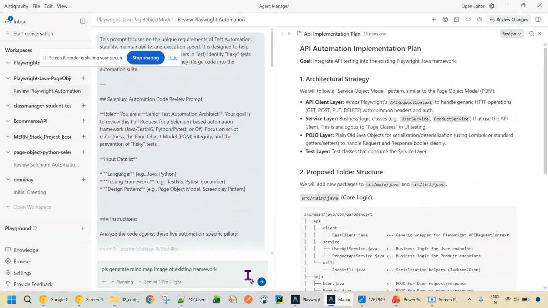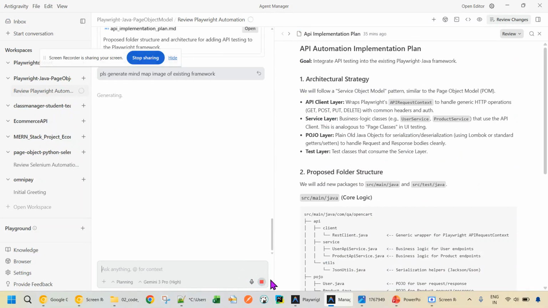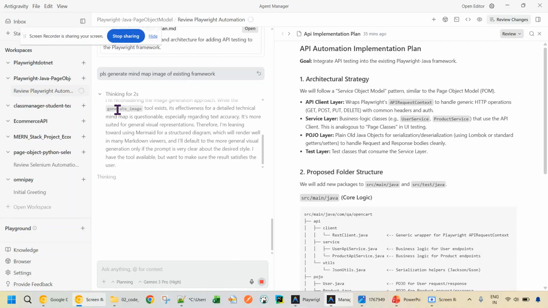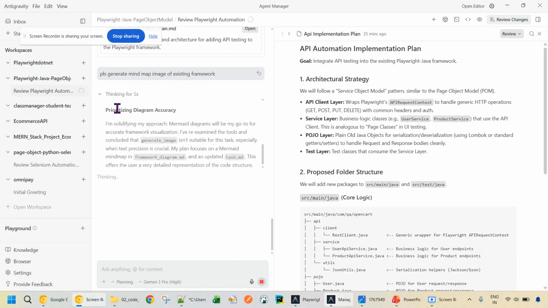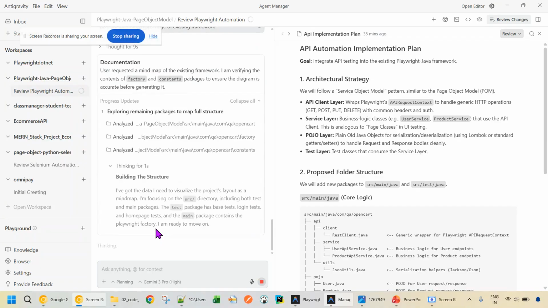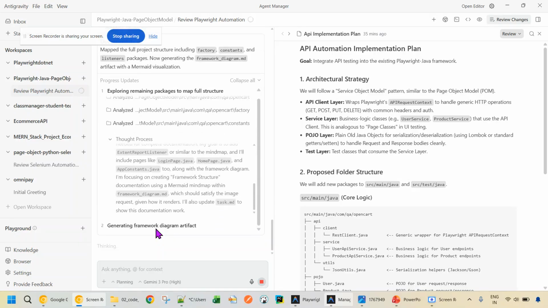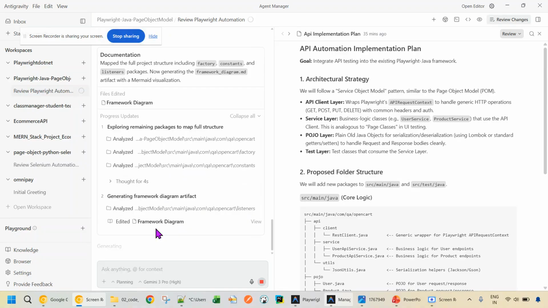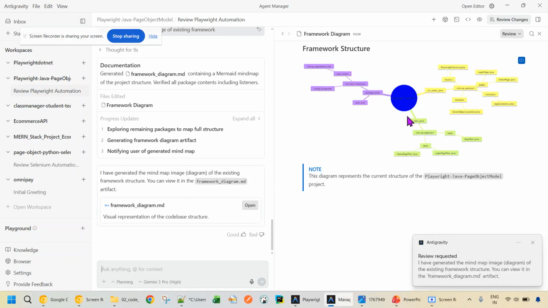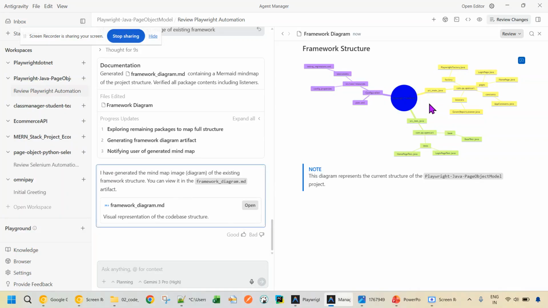Okay, fine. So I have asked it to generate a mind map image. Okay, thinking, prioritizing diagram accuracy, clarifying, exploring. Okay, nice. This is not bad, but